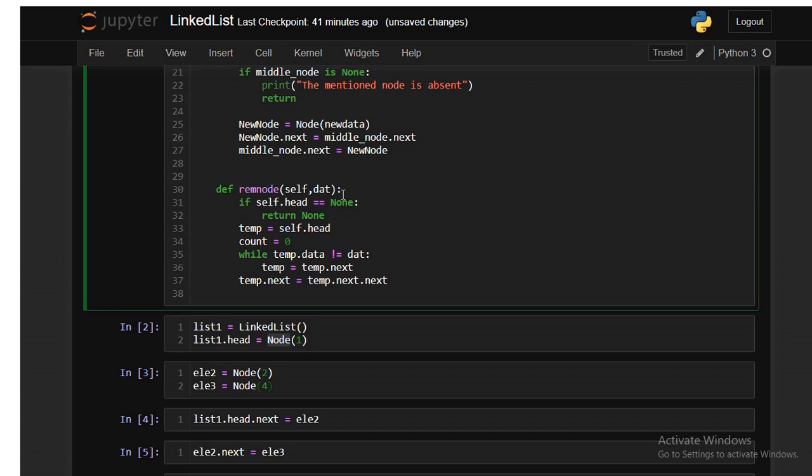at home, and try to practice it and just post the link to your code in the comments. That will help us a lot. That will motivate me to teach much more things, as you guys are also trying your best to learn these things. So this was about what a linked list is, the insertion of a node into a linked list, and the deletion of a node from a linked list.